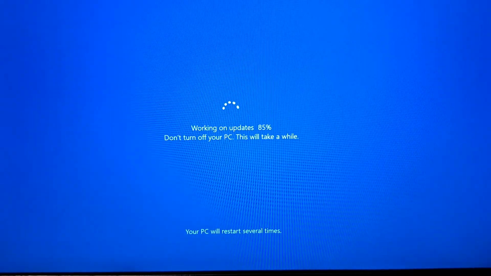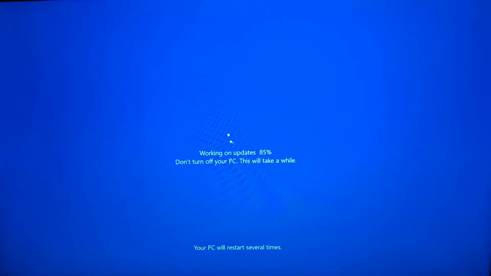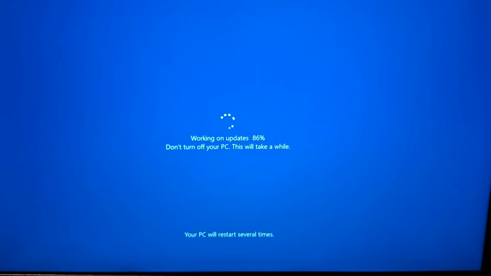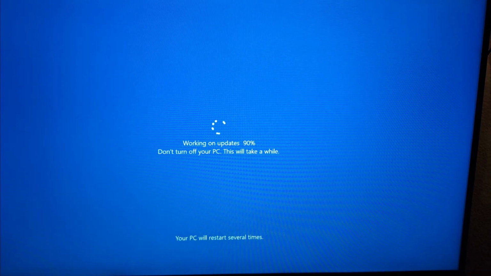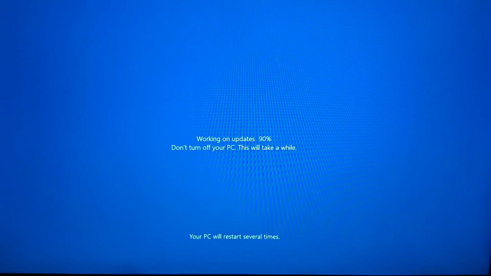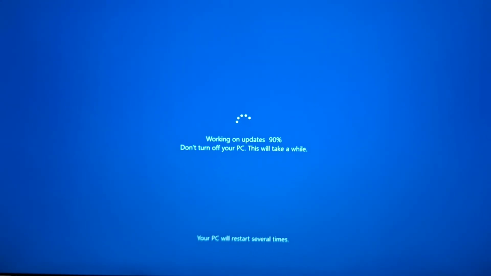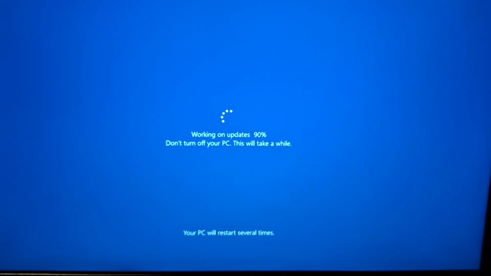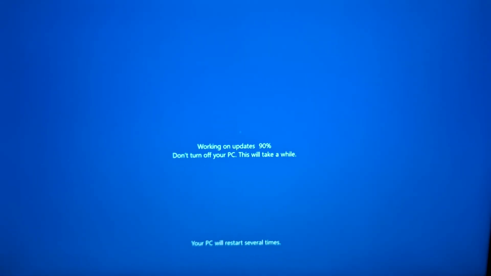Let's see, it's almost 85%. It's more than that. Okay. Before it used to get stuck and then it would revert the update, but now it's doing the thing. So I think it's working, but we'll see. So far though, it's doing good. As long as it updates, that's the thing I'm really worried about. As long as it's able to update again, then it basically fixed it doing this method,